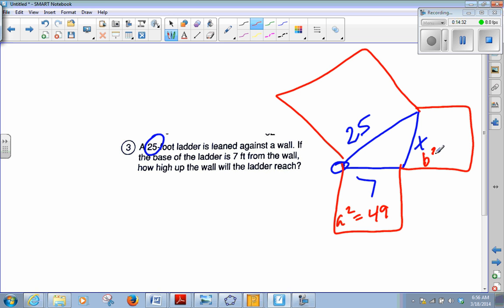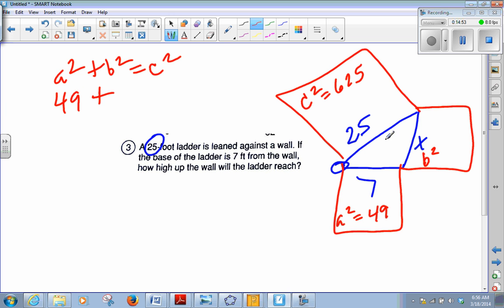I don't know what B squared is yet, so I'm going to leave that one alone for a minute. But then C squared is going to be 25 times 25, which is 625. So A squared plus B squared equals C squared. So A squared is 49 plus B squared